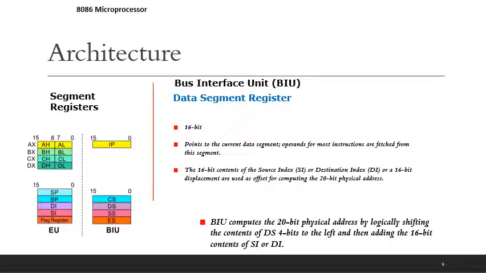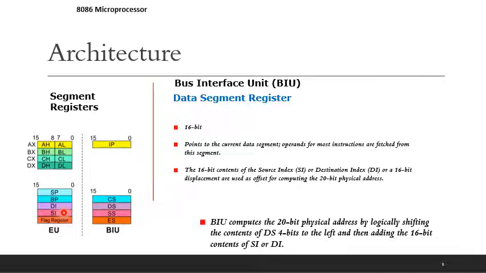Next, about the data segment. This data segment register is also a 16-bit register. It points to the current data segment. Operands for most instructions are fetched from this segment. The 16-bit content of the source index or destination index or a 16-bit displacement is used as offset for computing the 20-bit physical address.